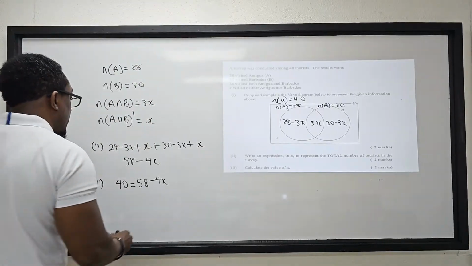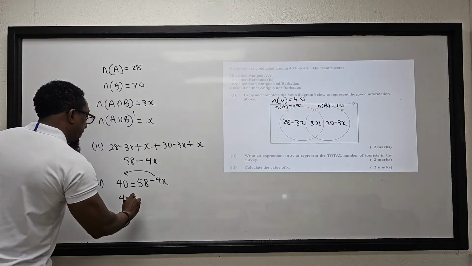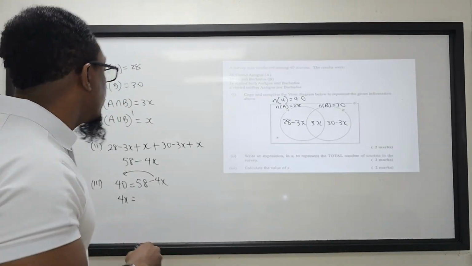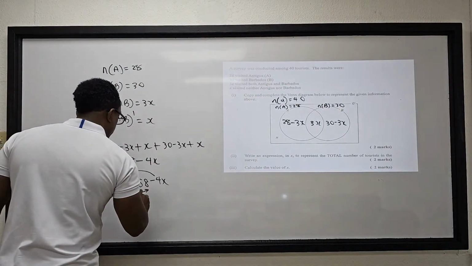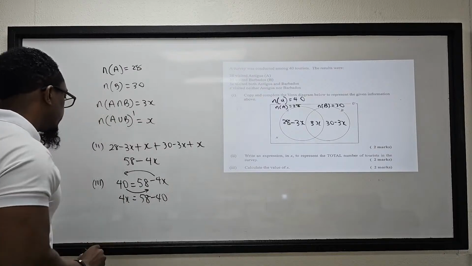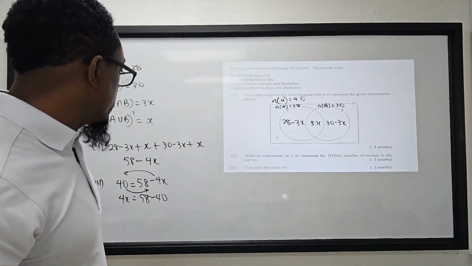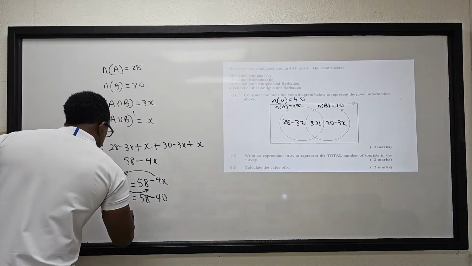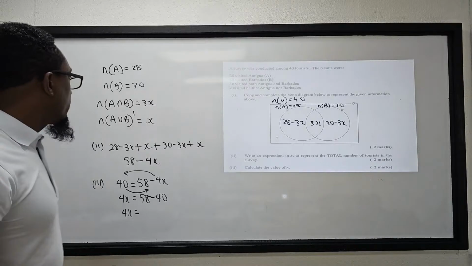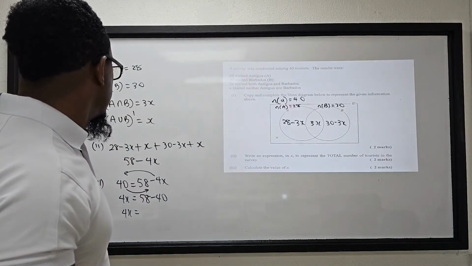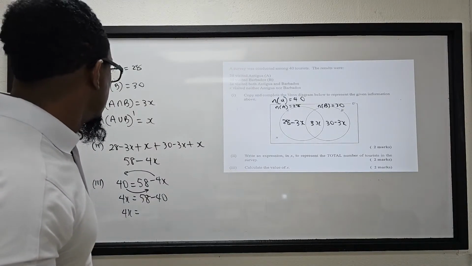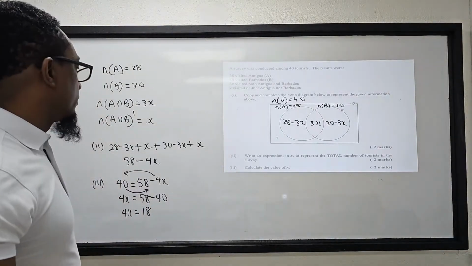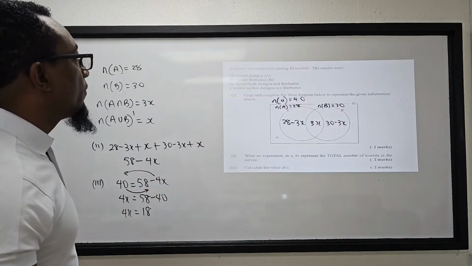So negative 4x, I will move from the right to the left as positive 4x, and I'll place positive 40, move it from the left to the right. 58 subtract 40. So what are we going to get? This will be 4x is equal to 18, and therefore